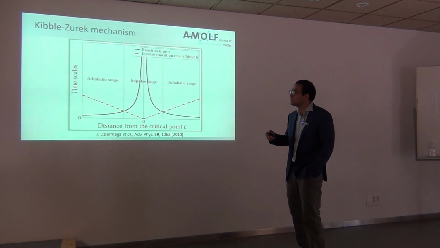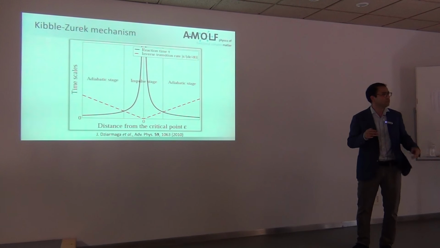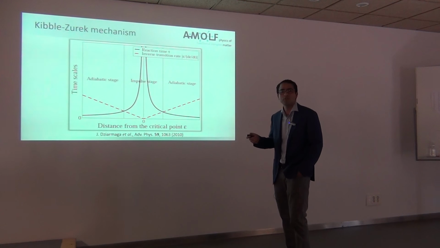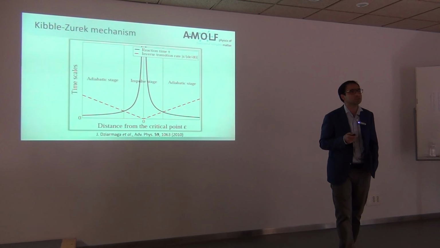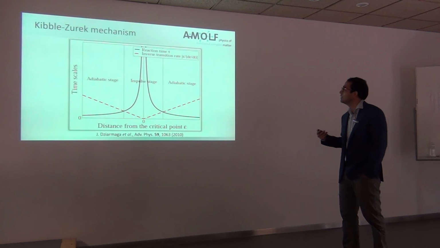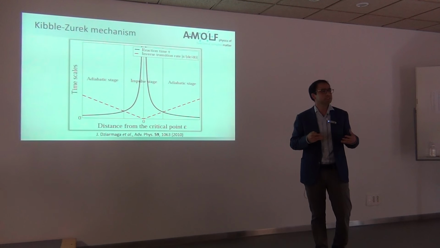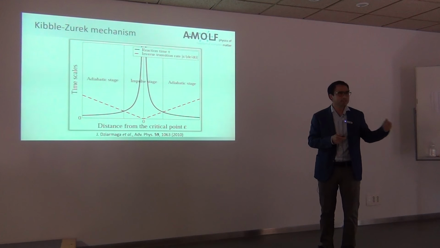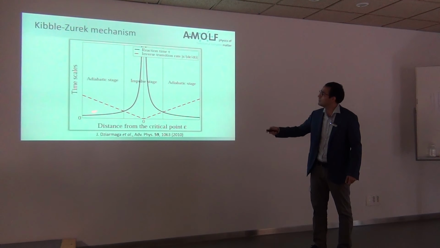And so we tackle this problem in a very different way. I don't have the time to explain you all the details, but I just want to give you the essence of the model. And the model draws inspiration from a very famous model, which is the Kibble-Zurek mechanism, which was introduced in the context of cosmology, and people started to look at it more intensely in condensed matter recently. And the idea is that when a system undergoes a phase transition, there are two timescales that matter. One is the transition rate, so how fast you pull the system across the critical point. And the inverse transition rate is this red curve.